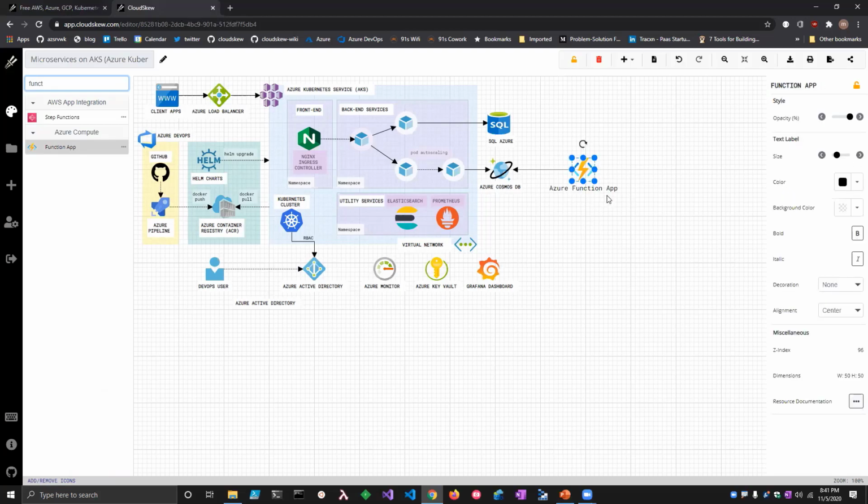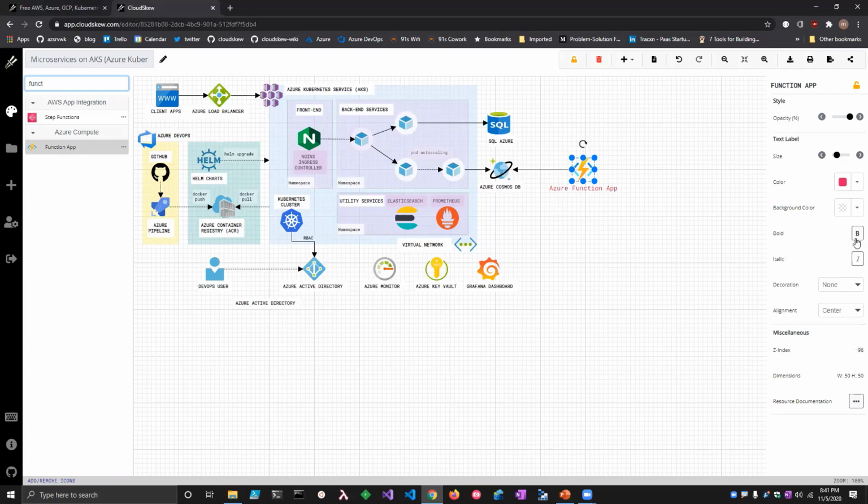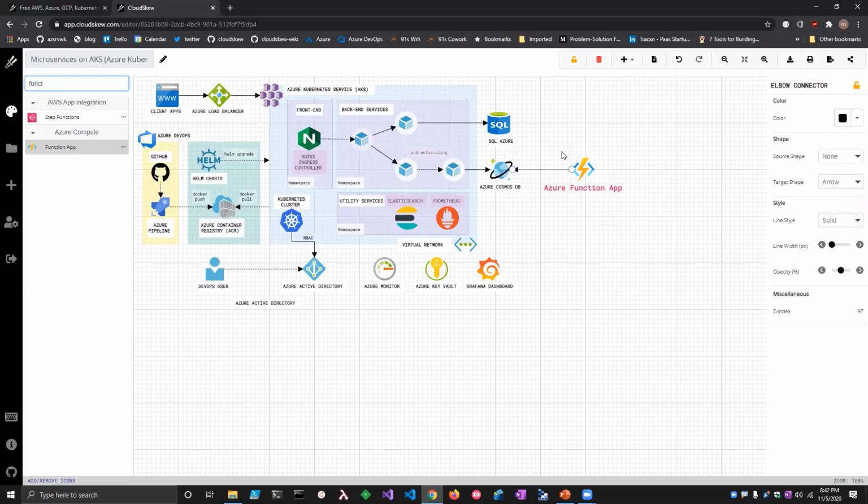And then you could manipulate the symbol properties. Say, for example, you want to make the font color red, or you want to increase the font size. All of that is possible here. Similarly, connector properties: let's say you want to change it from a solid to a dotted or dashed line. You can do that from here. You could increase the line width. You could increase or decrease the opacity and transparency. So, so far it looks like a typical diagramming app.